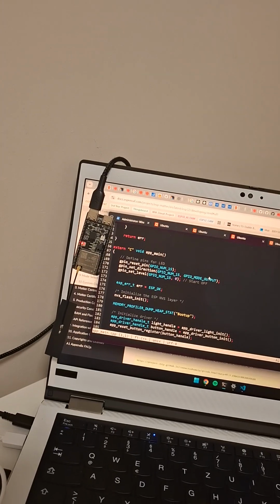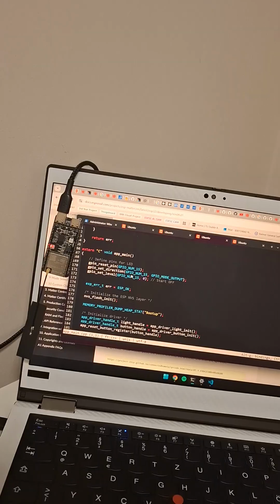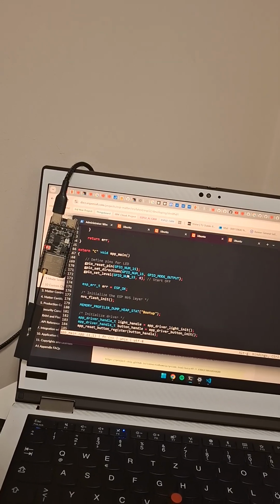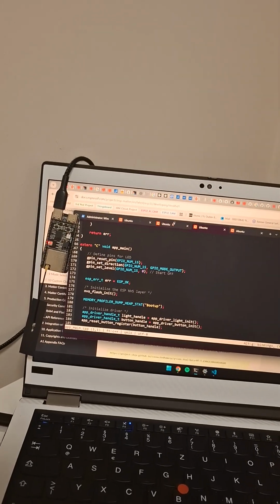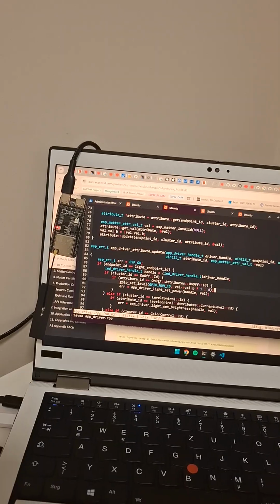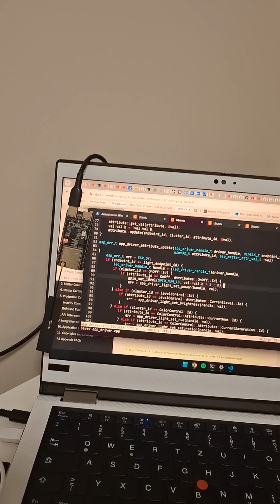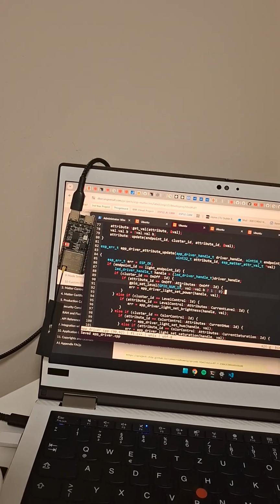I just set the GPIO pin for the LED and set it as output and default to off. But all the logic happens in app_driver.cpp, where I had to adjust this if condition that handles the on and off logic